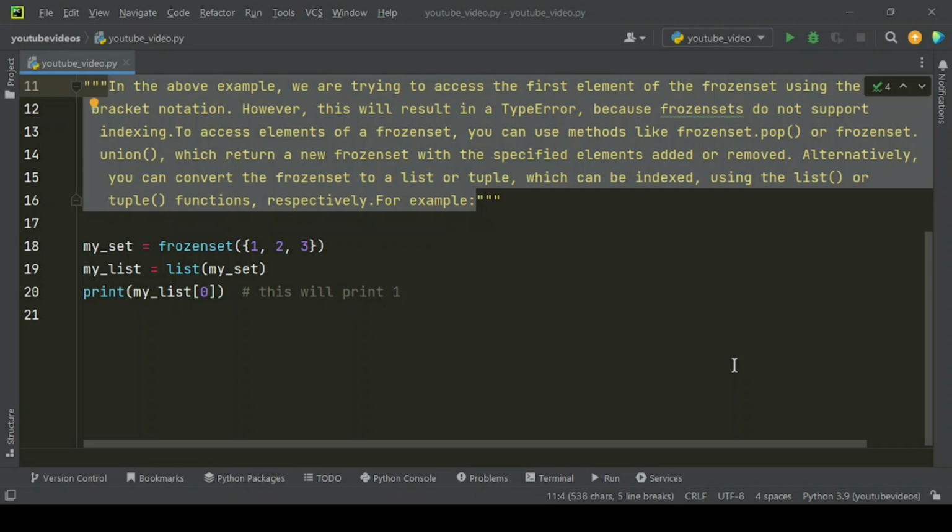To access elements of a frozenset, you can use methods like frozenset.pop or frozenset.union, which return a new frozenset with the specified elements added or removed. Alternatively, you can convert the frozenset to a list or tuple, which can be indexed using the list or tuple functions, respectively. For example,